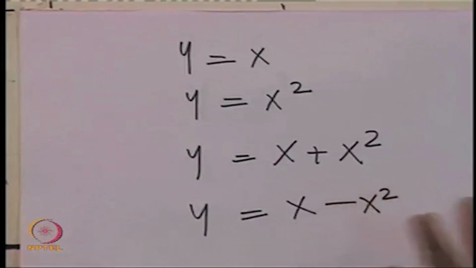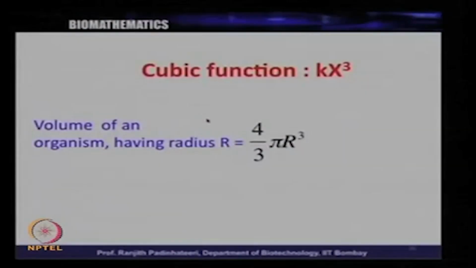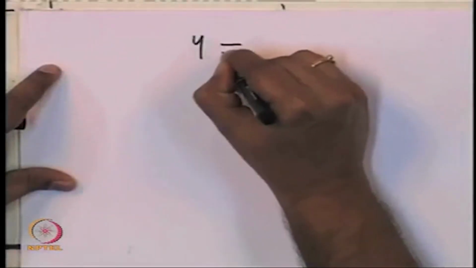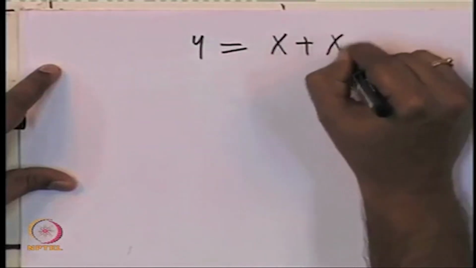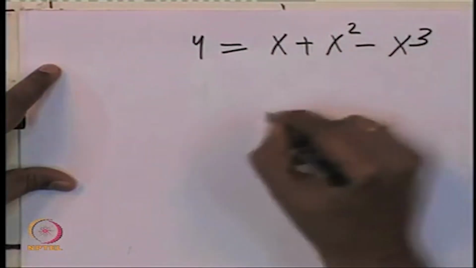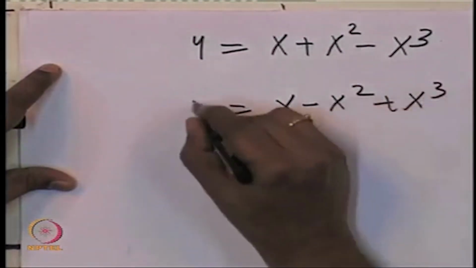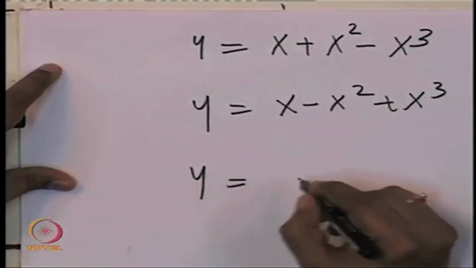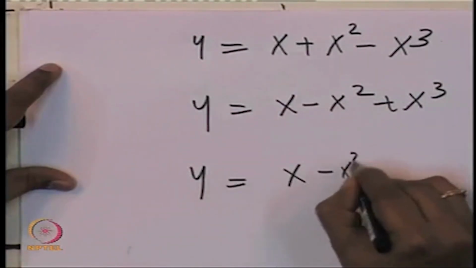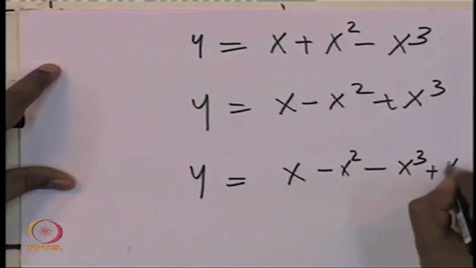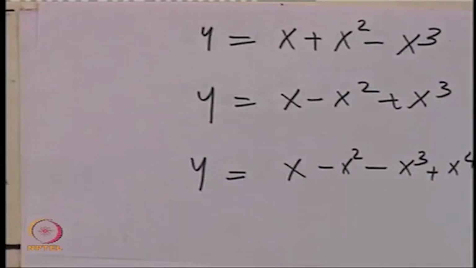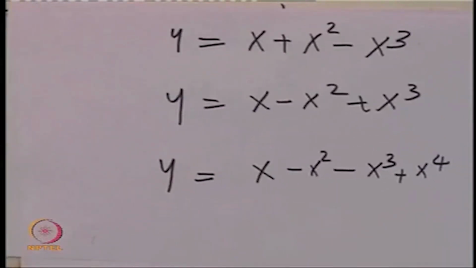So, now you could imagine the same thing with x cube. Let us say you have y is equal to x plus x square minus x cube, or you could say x minus x square plus x cube, or you could say y is equal to x minus x square minus x cube plus x power 4. So, one could imagine various combinations of all these functions,